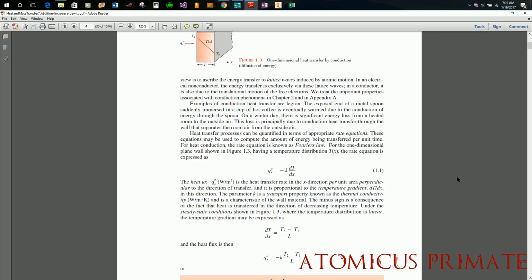Examples of conduction heat transfer are legion. Whoa, many. The exposed end of a metal spoon suddenly immersed in a